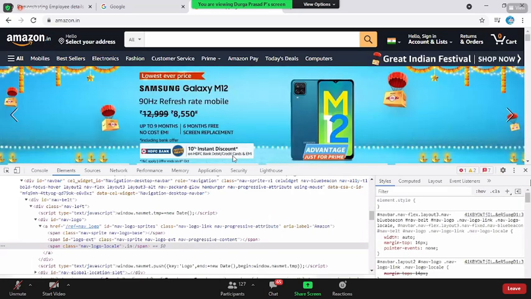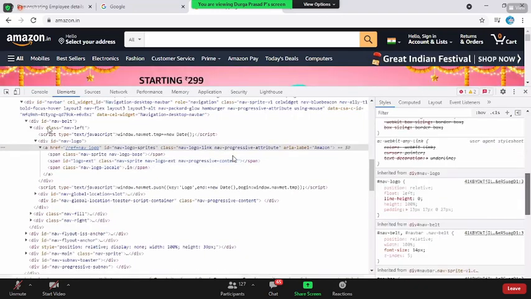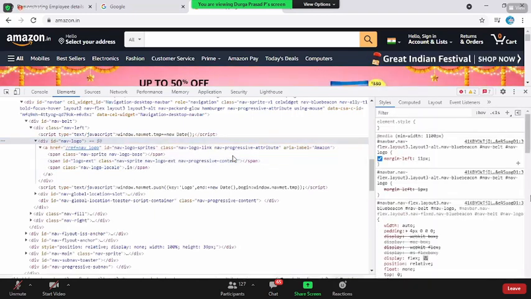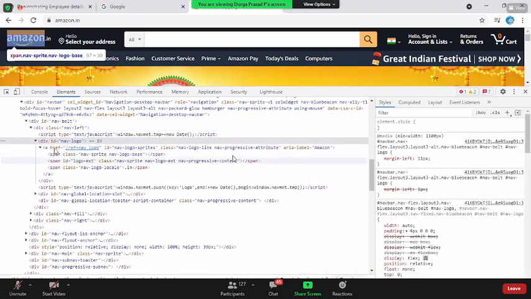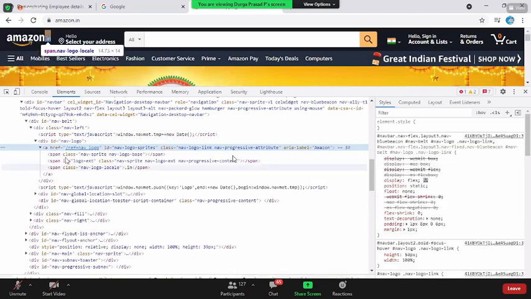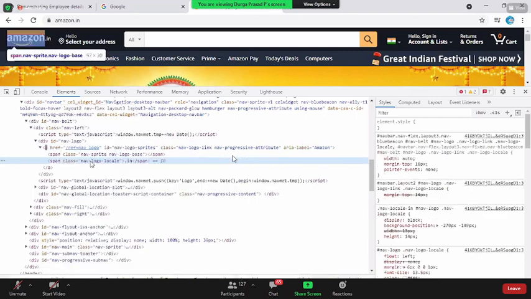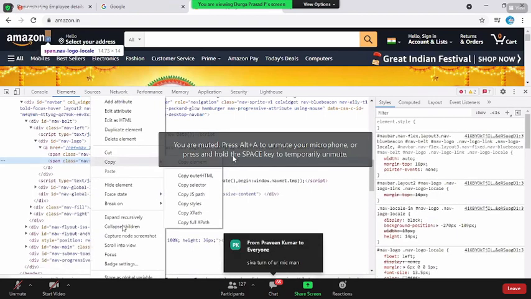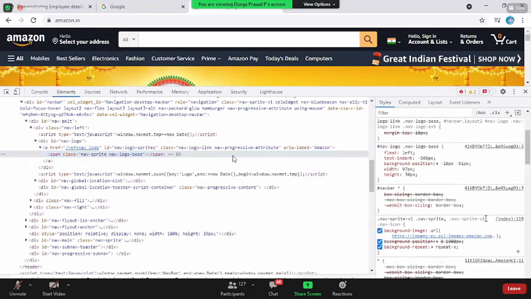Come on, where is the logo? Yeah, here it is.